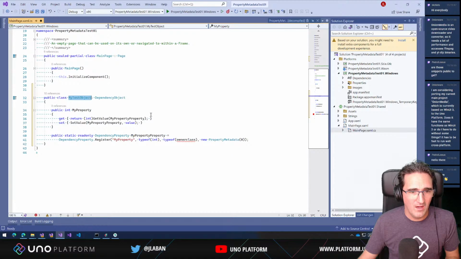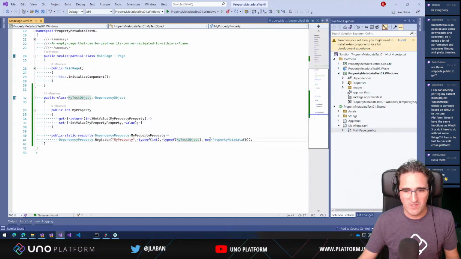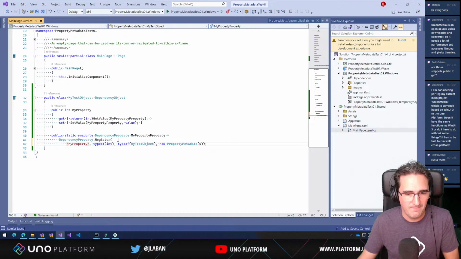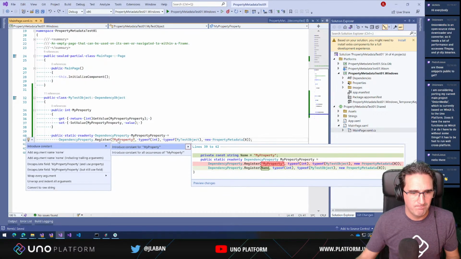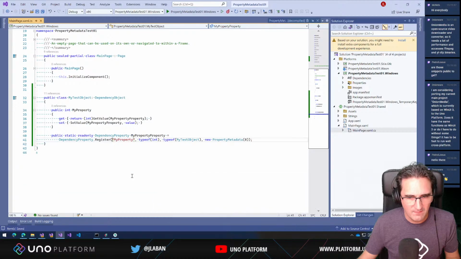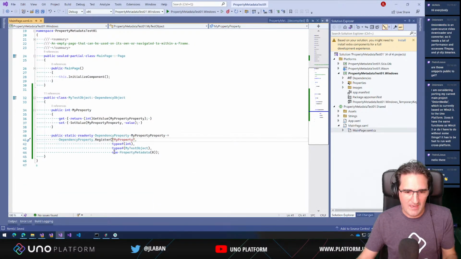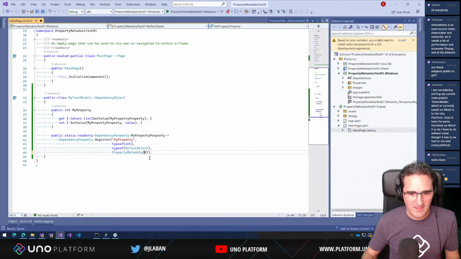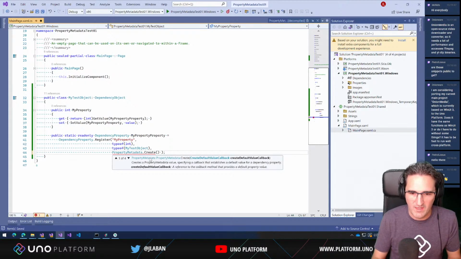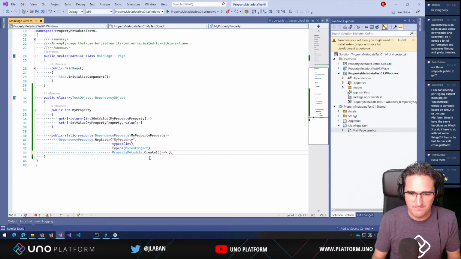Okay, so let's continue this. What we want here is to try out new property metadata. I'm going to use the PropertyMetadata.Create that uses the create with a callback. So what I want to see here,